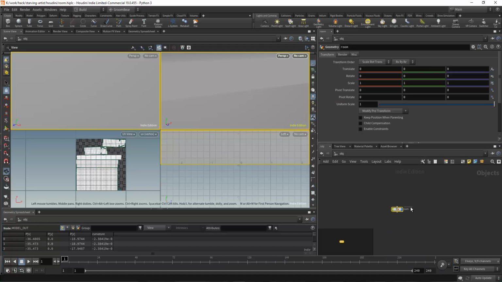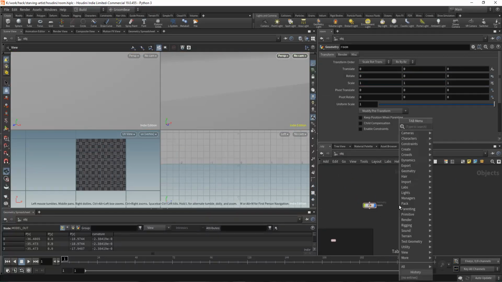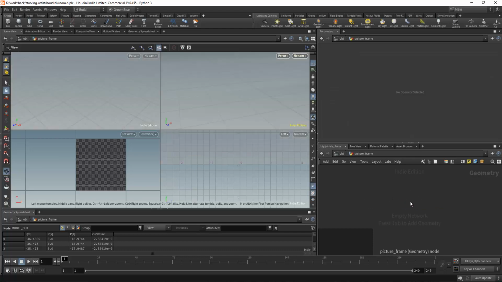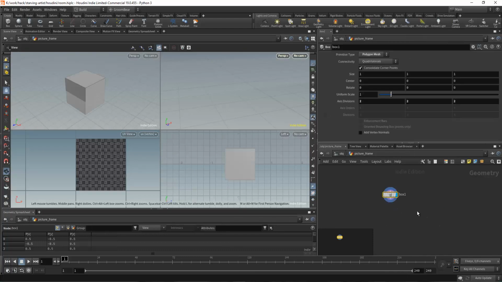We'll just try and make this frame 3 meters. So I can keep this off to the side here. I'll make another geo node and call it picture frame. And let's start really simple. I need to get the inspiration I had, pull it on screen. Yeah, here it is. Okay, so